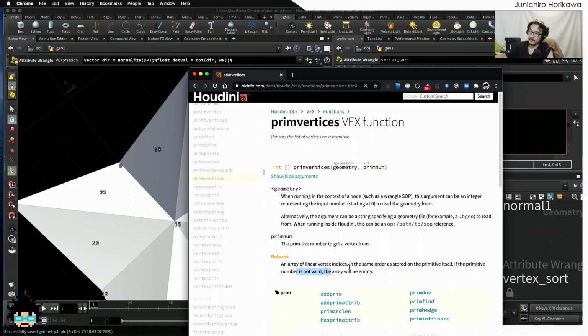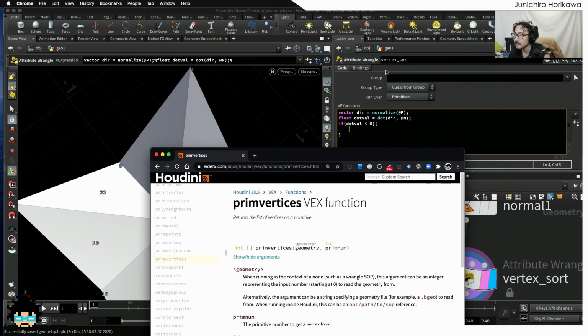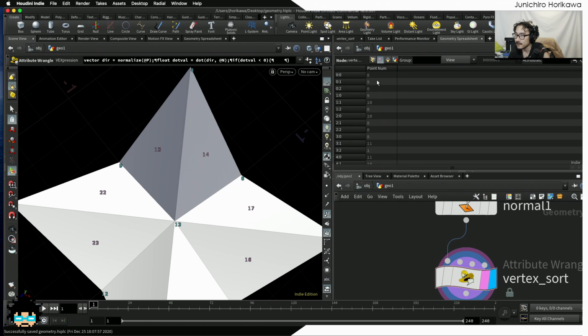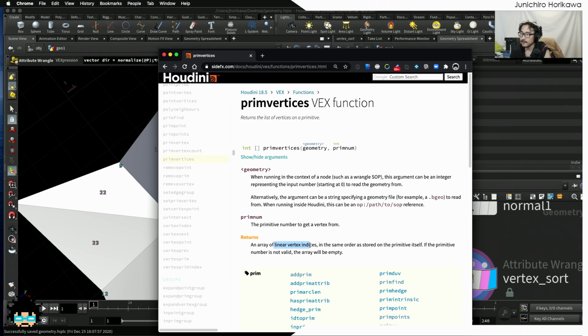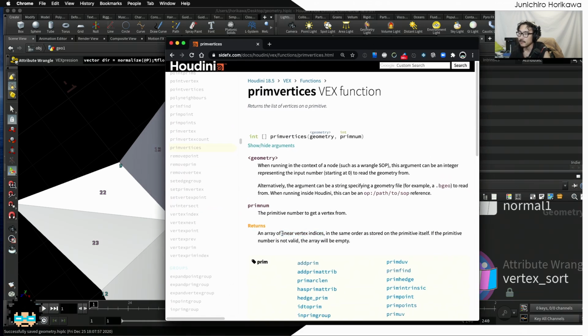Okay, so it says linear vertex indices, which is different from what we see in the geometry spreadsheet. I said that the right hand side of the primitive number is the vertex index, but this vertex index is not actually a linear vertex index. It's a bit different one. The one we are seeing inside the geometry spreadsheet is the values which always start from 0. But the one we get here, called linear vertex indices, is not the one shown right here, but this is the unique vertex number